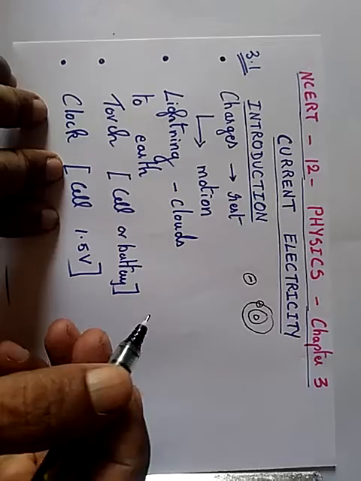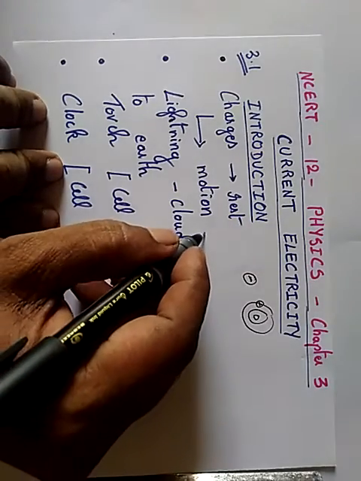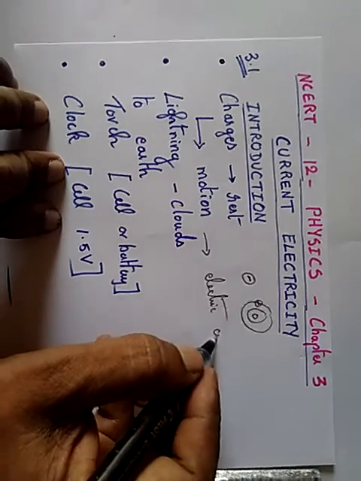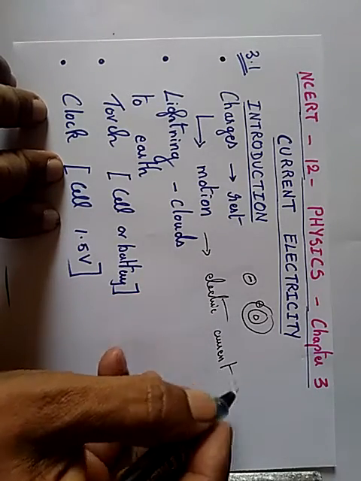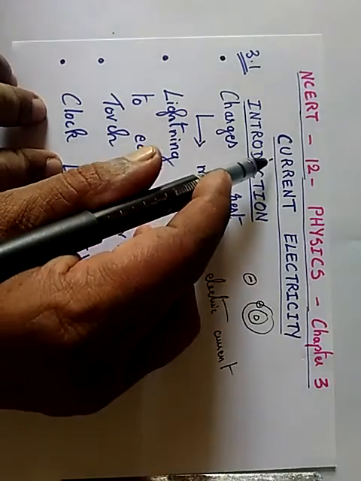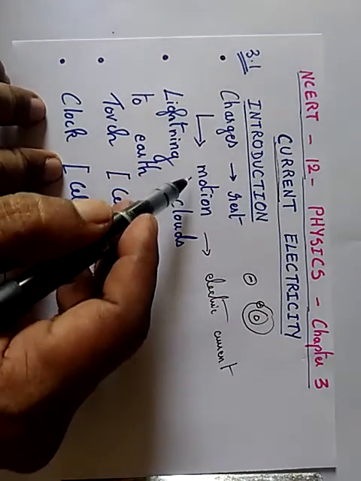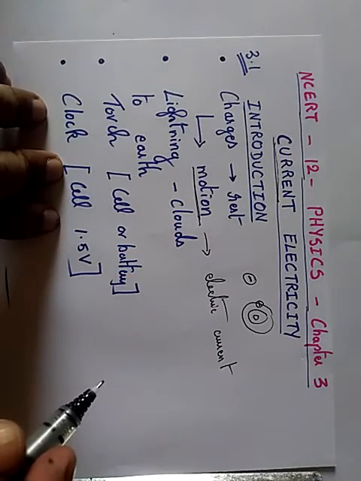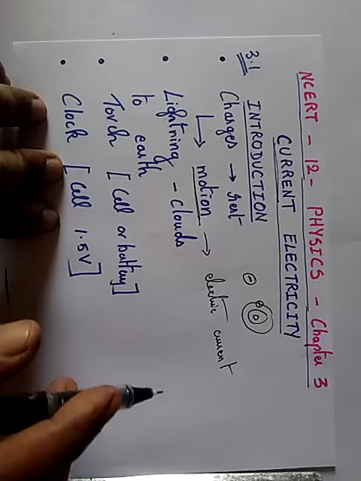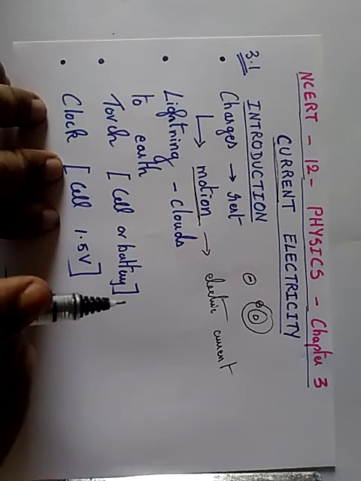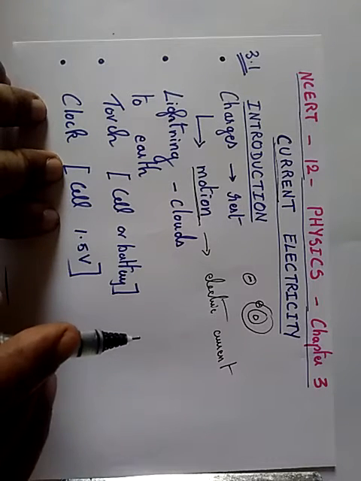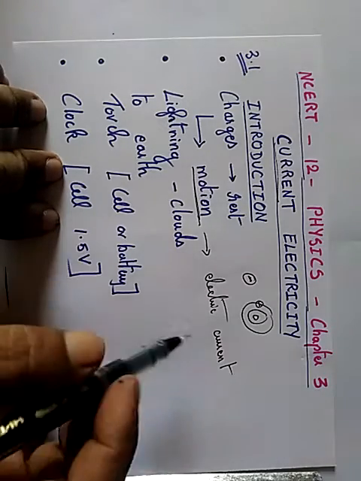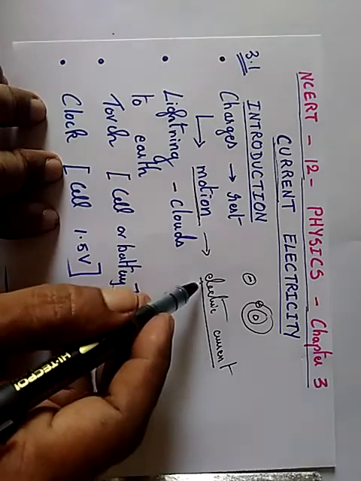So when the charges are moving, they constitute an electric current. That means the key point here is the current. If I say electric current, the charge has to move. It has to be in motion. So charges in motion constitute an electric current. Such currents occur naturally in many situations, and you can see the movement of charges in many situations.